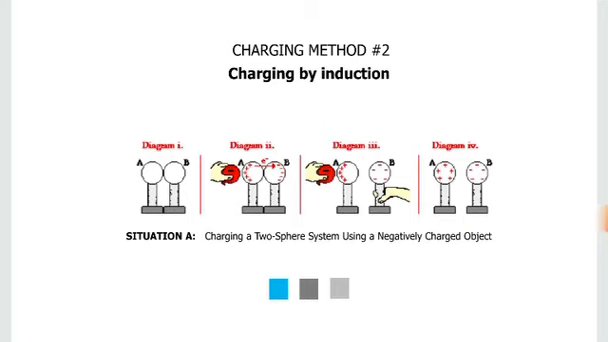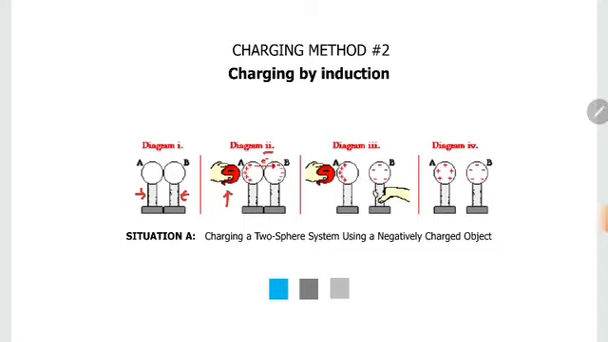So this is composed of 4 diagrams. On the first one, makita natin yung classic natin, no? Metal sphere. Meron silang handle sa baba na insulator para hindi makatakas yung mga charges from the metal sphere. So, in this particular example, meron tayong dalawang metal sphere, A and B. Both of them are neutral. And then, on diagram number 2, we can see that